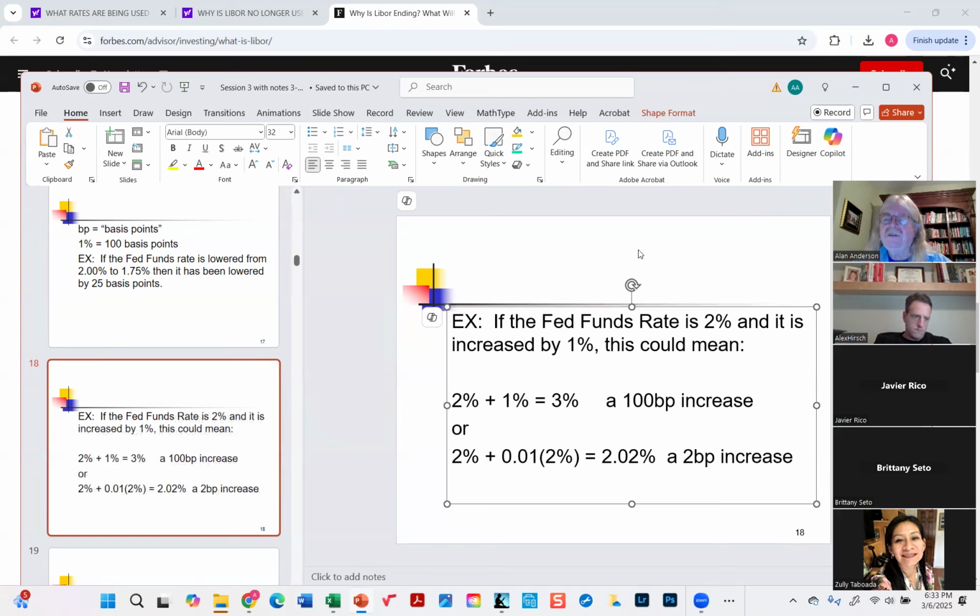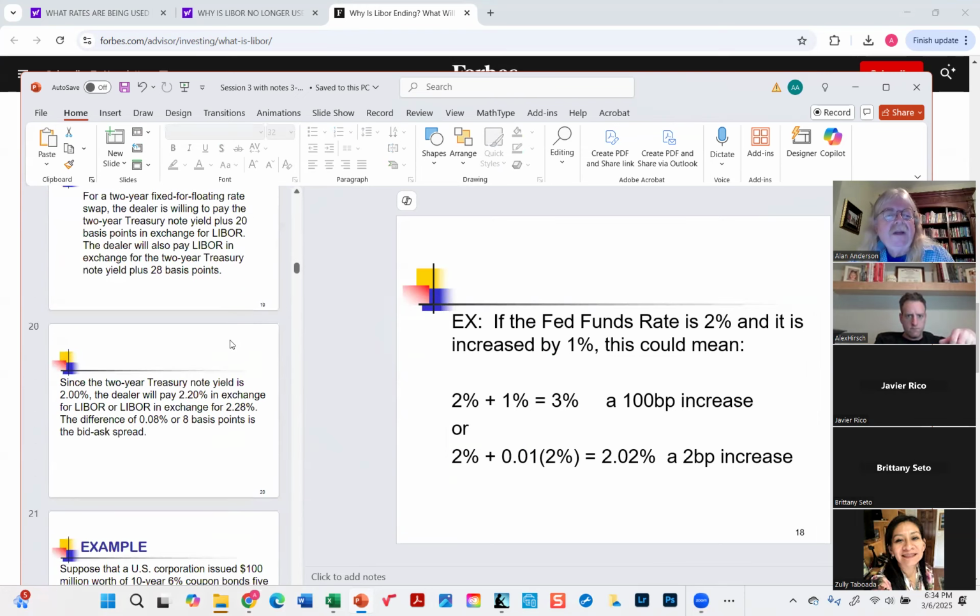In fact, I know I haven't seen him in a lot of years, but I knew somebody who used to be a bond trader, and he said on Wall Street, just to save a second of time, instead of calling them BPs or basis points, they call them BIPs. The traders say that word to each other. You're supposed to know that they're talking about basis points because apparently it saves enough time that it's worth their while to call them BIPs. Okay, so that's just how it's done. But anyway,